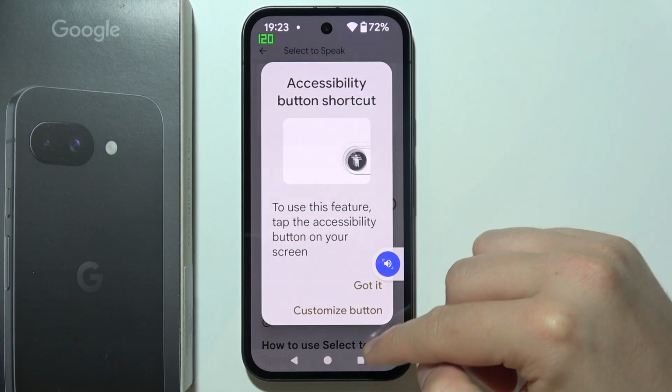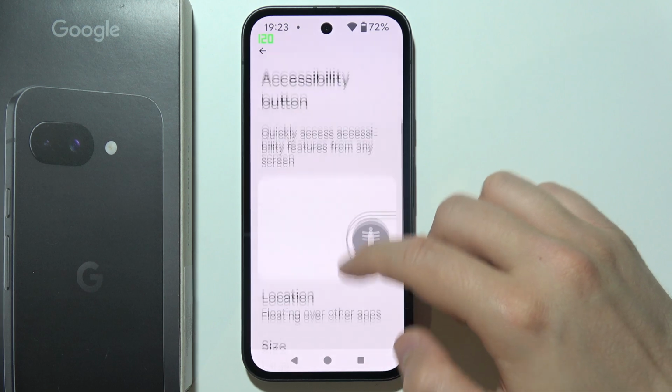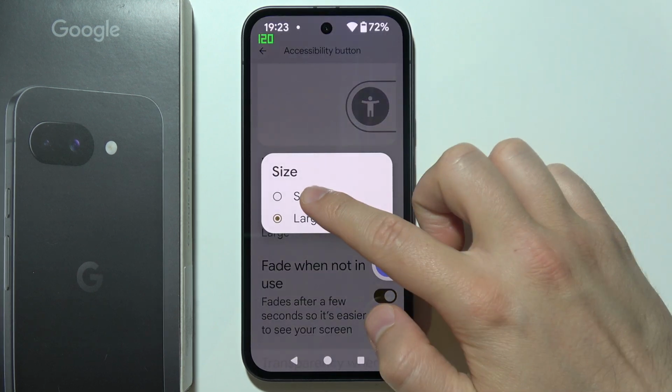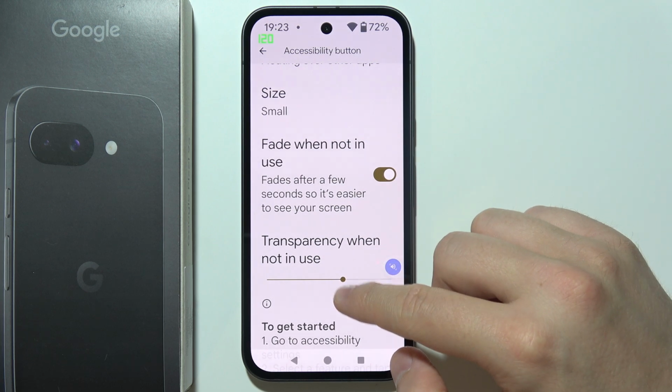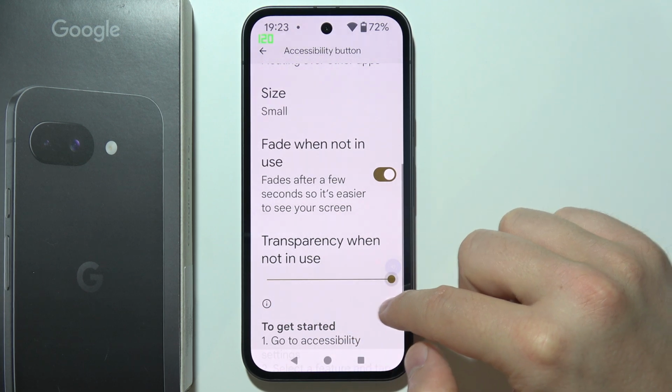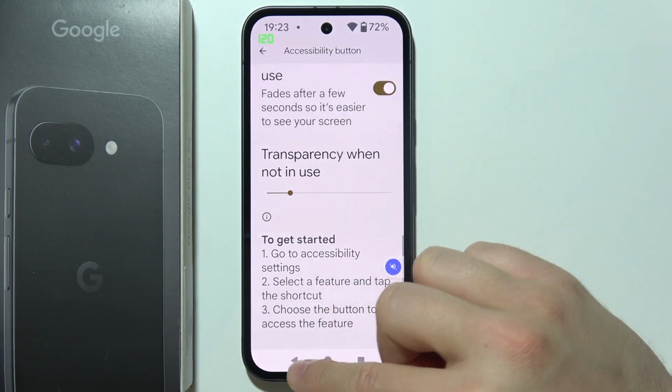So tap right here. By the way, you can customize it. So you can change size of it. You can make it smaller, bigger. You can actually fade when not in use, or for example, set the transparency of that button up to your